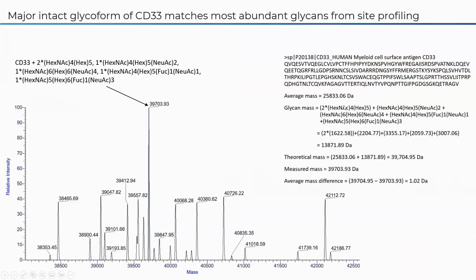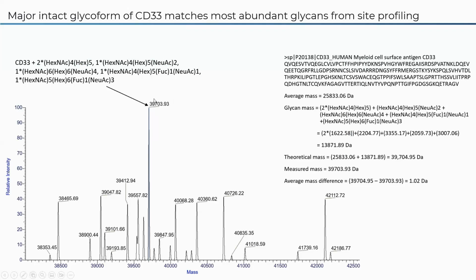And so we added up the masses of all the most abundant glycans identified in GlycanFinder from peptide digests, and came up with the theoretical mass of all 6 N-link glycans, added it to the mass from the amino acid sequence of CD33, and compared it to the measured mass at the intact level, and we were able to match to